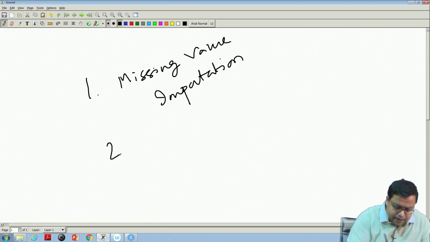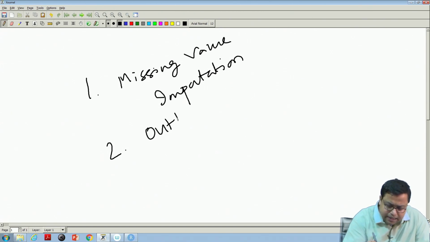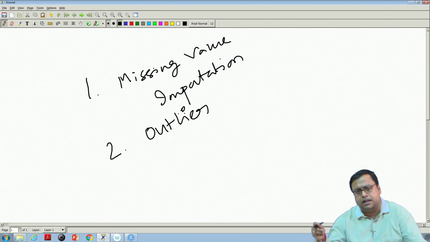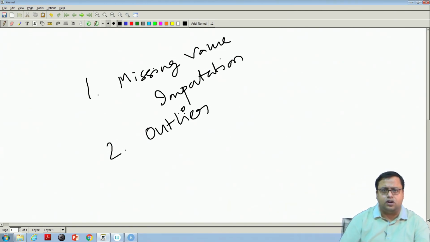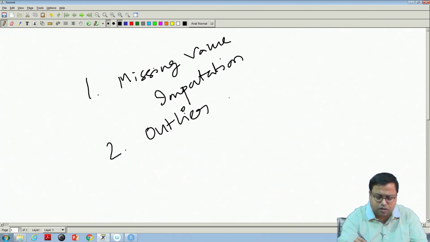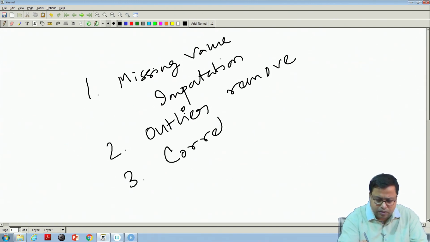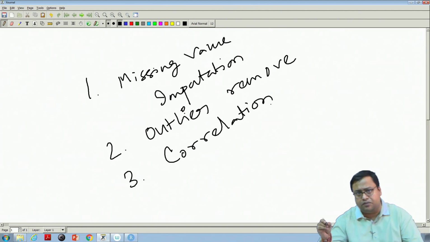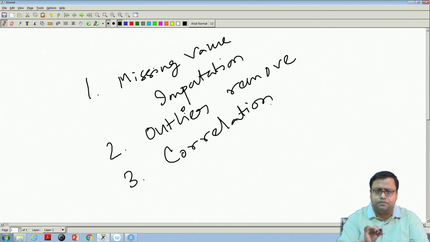So, the first step is missing value imputation. After that, we have to also find outliers, because this is a linear regression. All the variables I can assume to be numerical and continuous, and we will see whether that assumption works or not. But if they are continuous, then there might be outliers, and I have to find those outliers and remove them. That is step number 2. And step number 3 is that we have to see correlation. At least the x variables cannot be correlated with each other to run a regression. That is also an assumption that we have, and we have to check whether that is fulfilled or not.